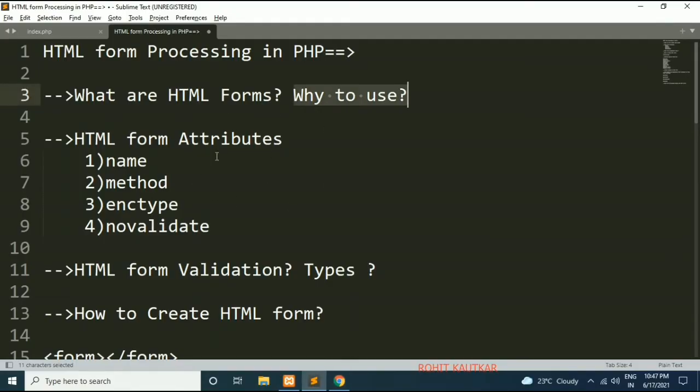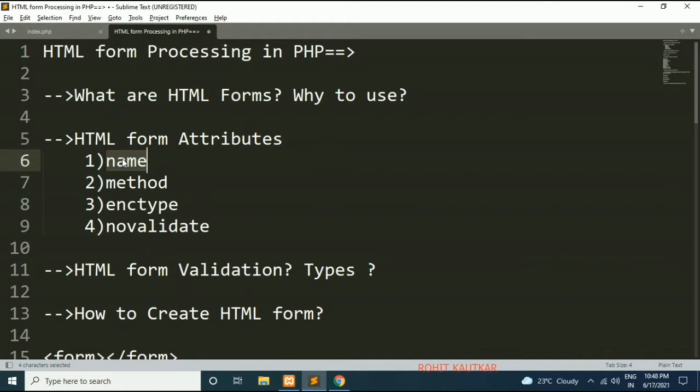Next we will try to understand what are various form attributes. Friends, whenever we create an HTML form within our web page, we need to specify certain attributes with the form tag. First attribute is the name of the form. Within a single web page you may have n number of forms available. So how to identify a specific form? You may specify a name for your form, and to specify the name of the form, we can use the name attribute.